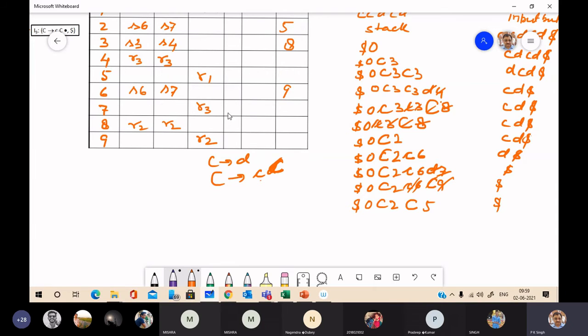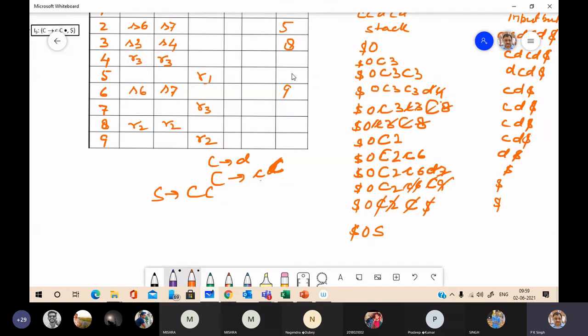5 and dollar is R1. R1 is nothing but S to CC. Means we have to pop out 4 symbols of the stack, 1, 2, 3, 4. Push in left side of the production, so you will get 0 S, and next state will be go to 0S.